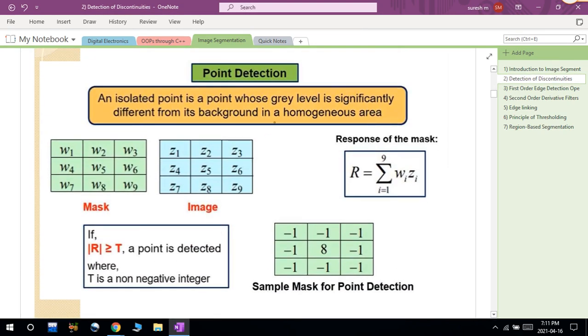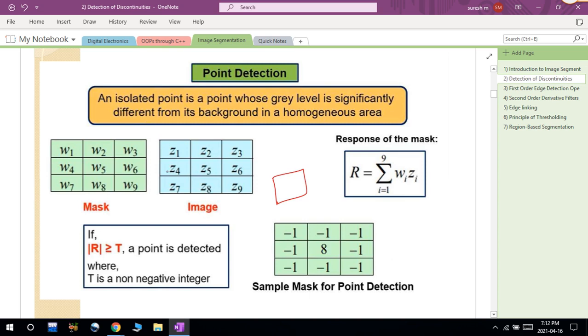In the case of isolated point detection, I have to use this kind of filter, which is also called a mask or filter. I apply this particular filter on the image in which I want to detect the points. First we have this image, and on this image I apply the mask.